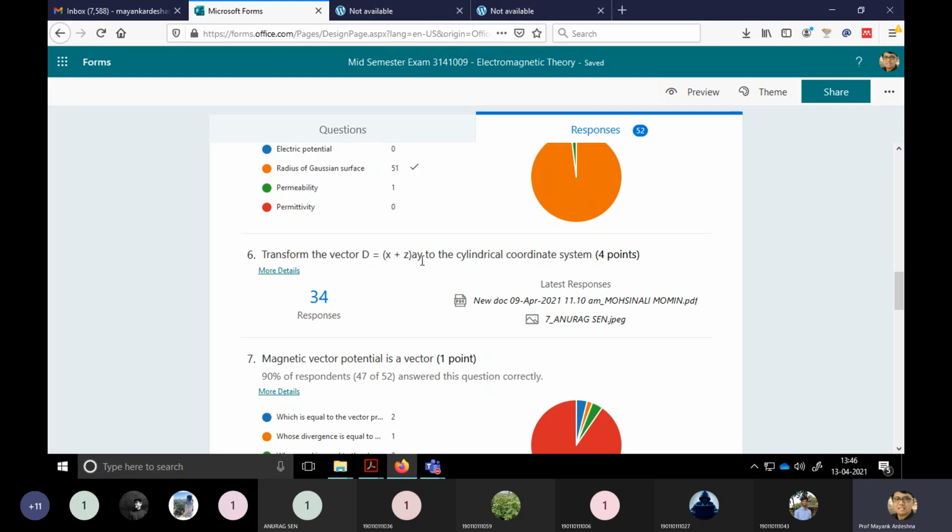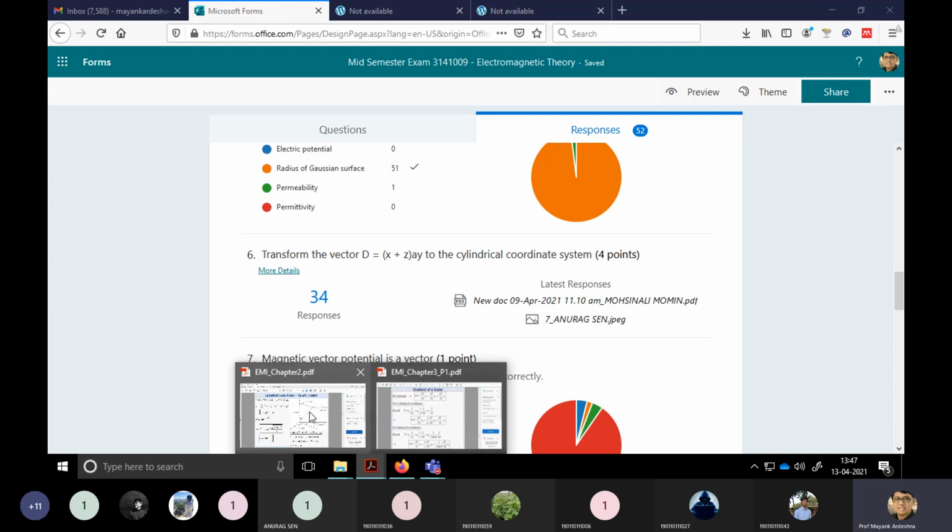You can see here a phi is given, and a phi is nothing but a unit vector. So this vector consists of only a single component, in the direction of y. The components in the x direction and the z direction are 0. Whenever you deal with a vector, always remember to use the matrix form for the conversion. If you see the matrix form, you can easily identify it.